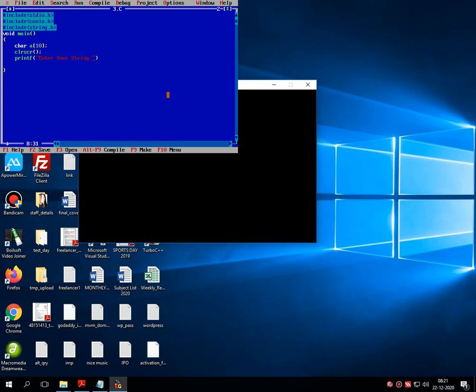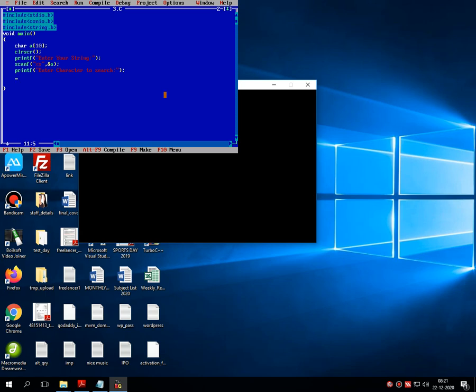That means it will read and store one string from the user in a specific variable. Then there is another message, enter character to search.